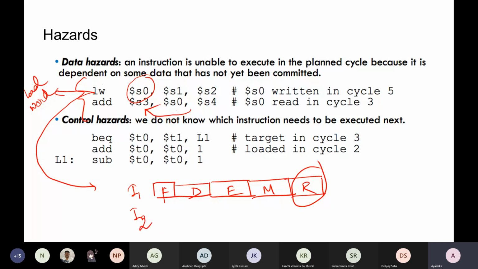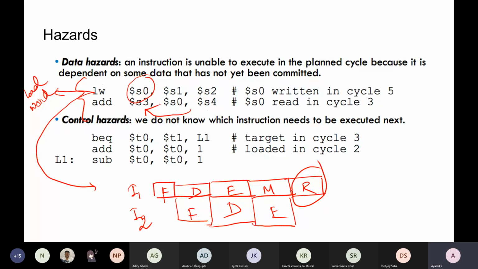As a general pipelining strategy, you have just started from here. You have fetched the instruction. You have checked that you have to do that addition implementation. Then you have done this decoding. From the decoding, you have got the idea that I will fetch the value from S4 and I will fetch the value from S0, and then in the execution phase, that means here,